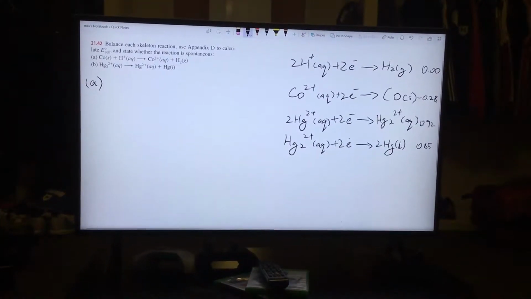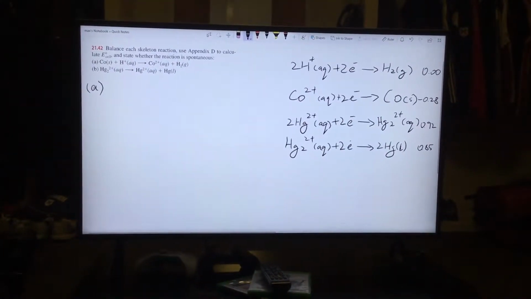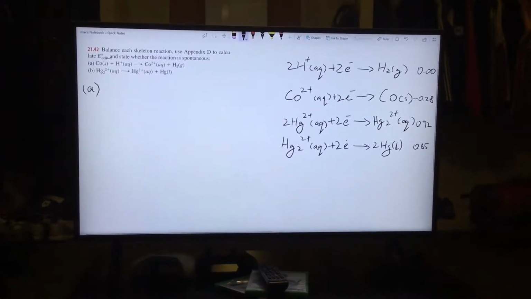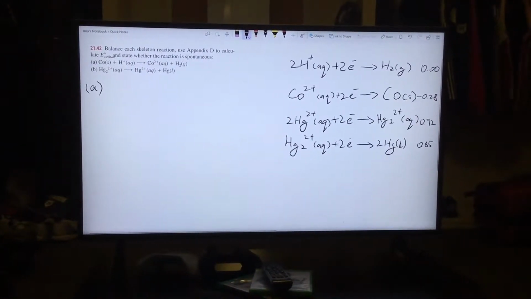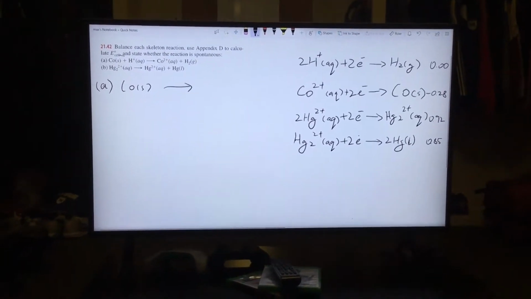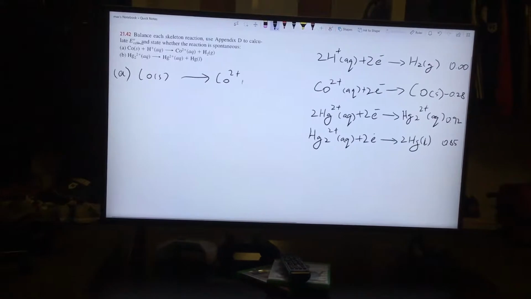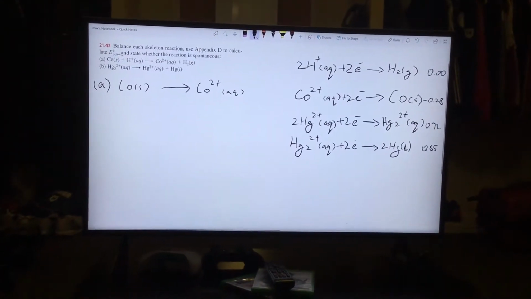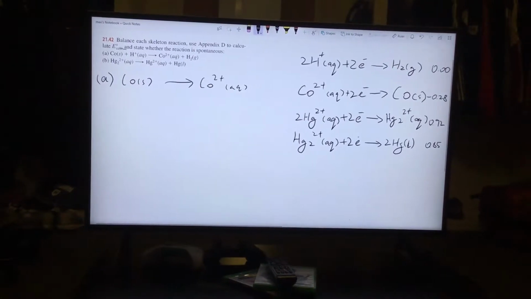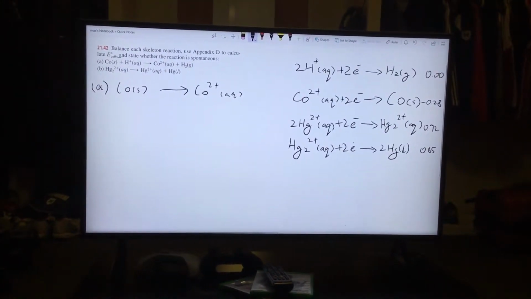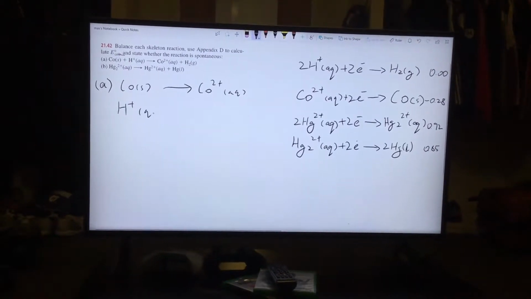So this question is asked to balance the equation first and then to calculate the E for both reactions. For the first one, we break it down into two half reactions, which is CO solid turning into CO2 plus aqueous. We keep the states, keep the phases, because we later need it to determine which reaction it is. And for the second one, it's H plus aqueous